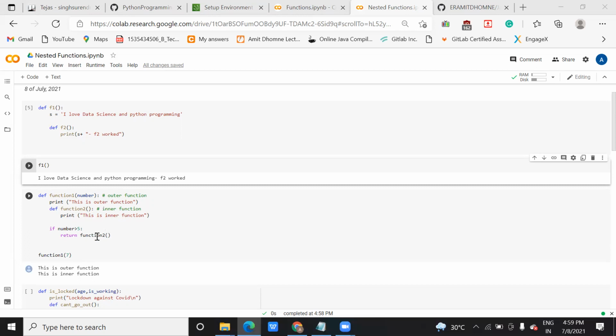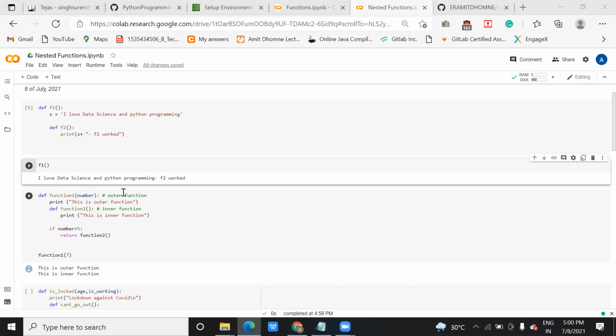Yes. So when you pass this number here, the condition will check with this 7, if it is greater than 5, it will return this function 2. You can see it here. This condition becomes true, so it will return the content of this function 2. Content in the sense what you have declared inside this, it will return that.